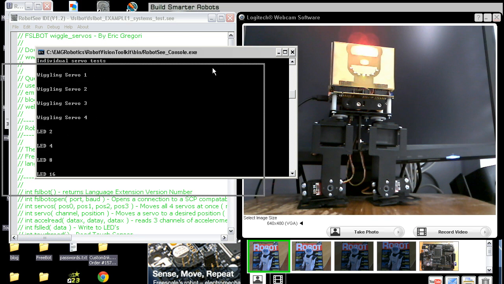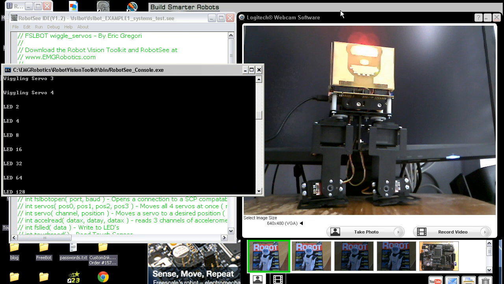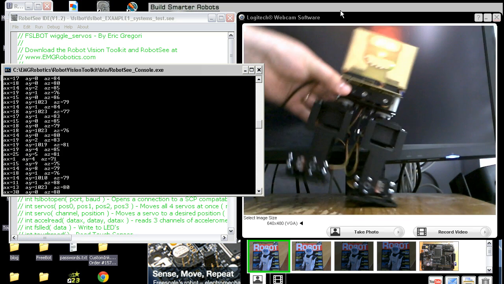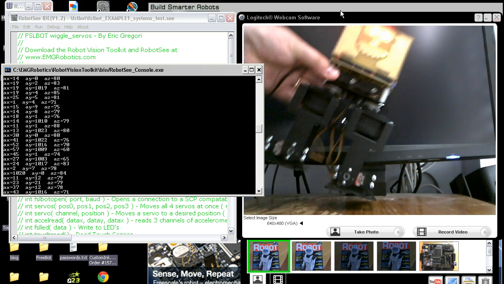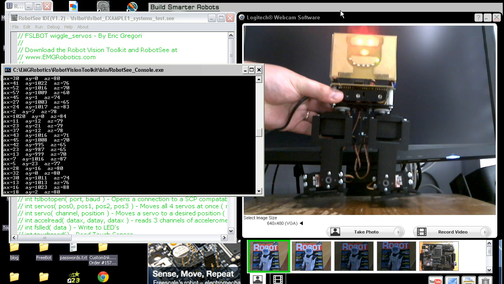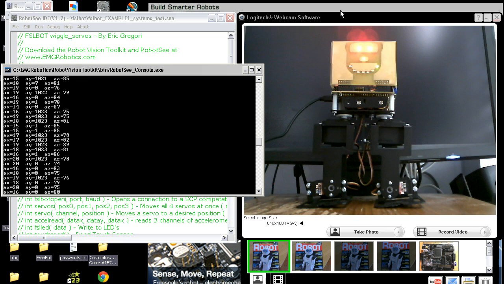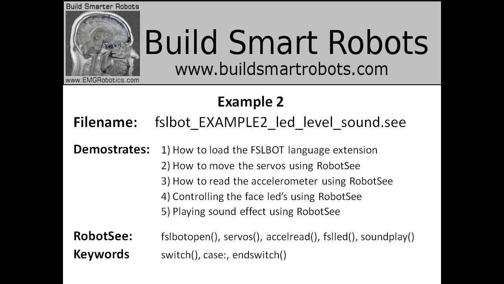So what that demo is doing is it's just twitching the servos, and then it's providing some accelerometer information. Remember, these are example pieces of code. So the whole point is to demonstrate how to write code to do things with the robot. Okay, so let's